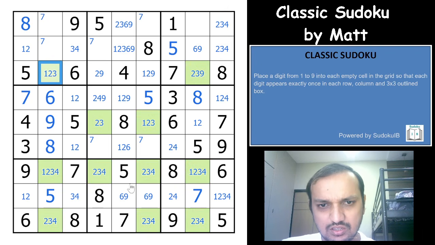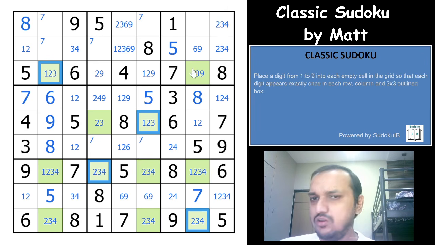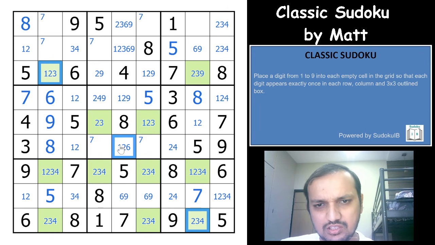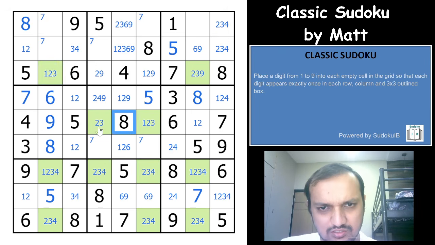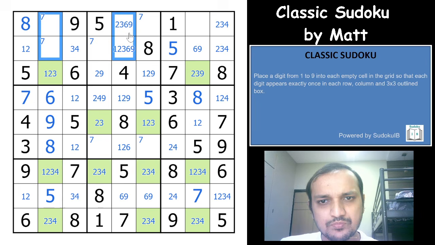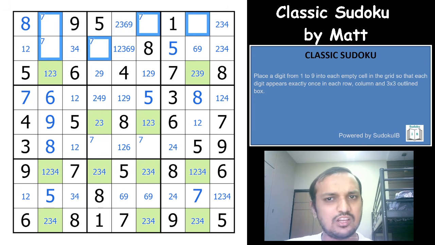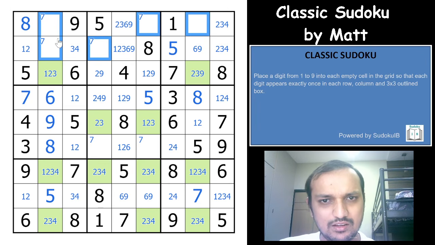So if I have a 3 here, then let us assume I have a 3 here, that would give me a 3 here and a 3 here. Be it any case, if I have a 3 here, then I'll have 3 here, or vice versa. So whatever be the case, I will have 3 in these 4 rows in green cells only. So which means any of the other columns cannot have 3. So these all cells cannot have 3, right? So I eliminate 3 from all of these cells, which is nothing but